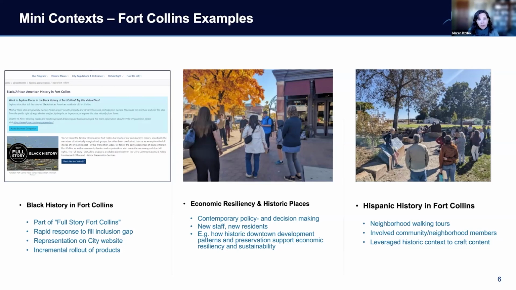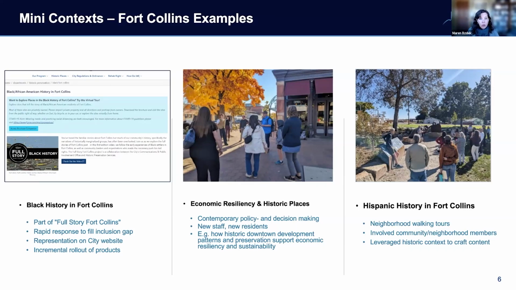And this kind of work is so important, especially for those of us in communities that are growing and changing really rapidly, because you not only have a lot of new residents who are not familiar with those particular stories of communities, but also those of us who are on staff are often new on staff, new to Colorado, or new to the communities we're living in.